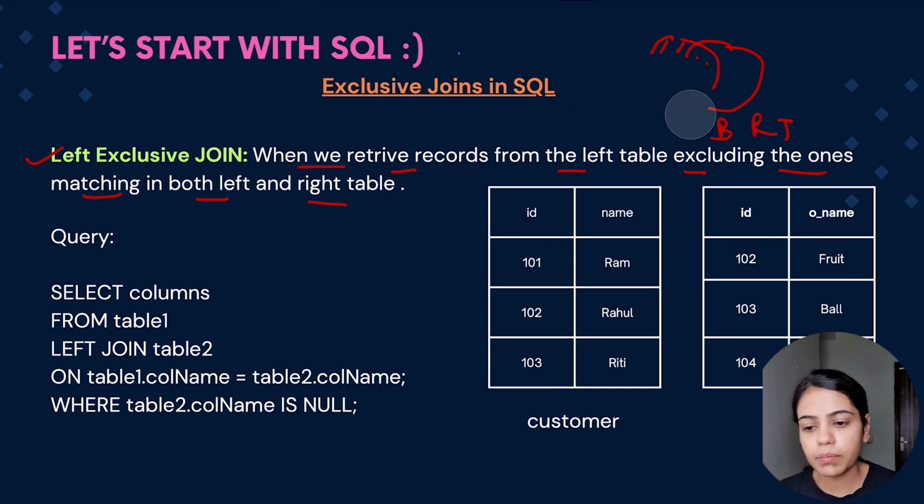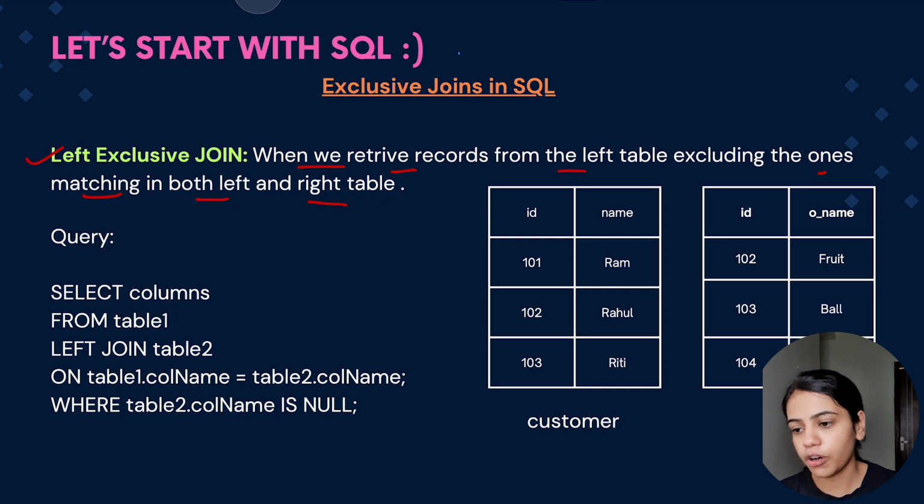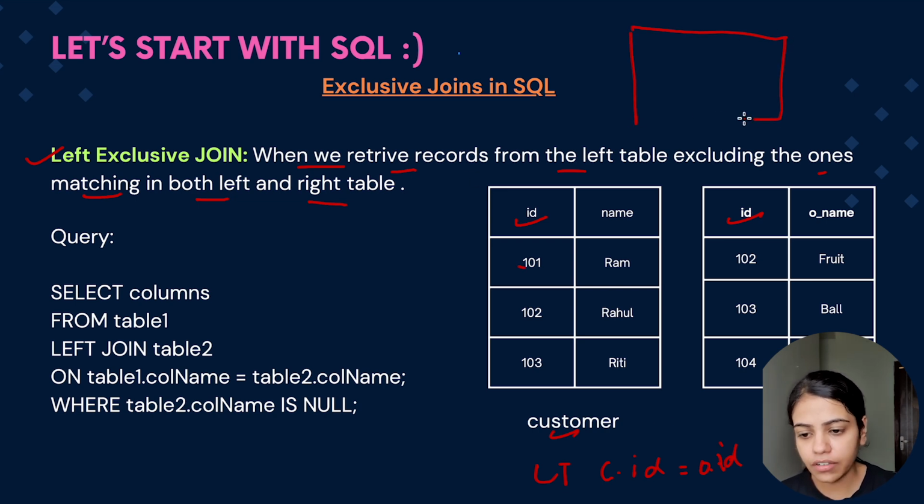So consider for now we are performing the left join only. So how we'll perform it? Consider that this customer is the left table and the order is the right table. So in the left join, what happens is, first it will return all the details which is present in the left table, and then it will find any matching values. So consider that join condition customer.id is equal to order.id. So the condition is whenever customer.id is equal to order.id, perform the join operation. So the join table would be having all the values. So the first one would be ID, name, and then it would be ID and order name from the order table.